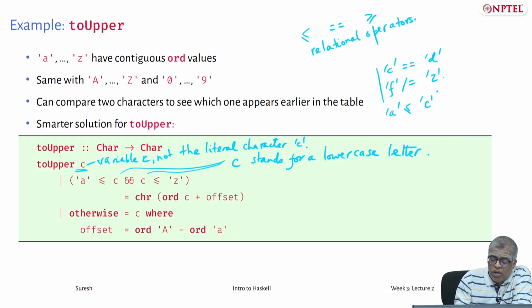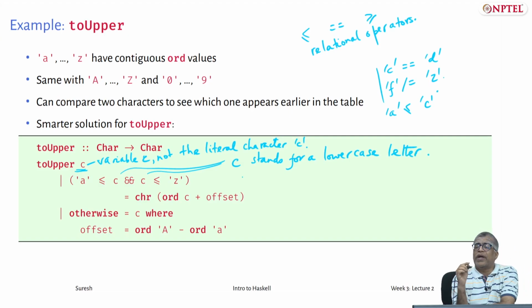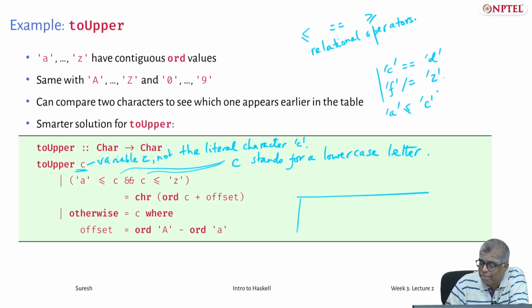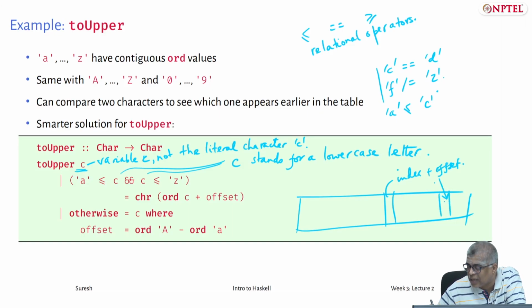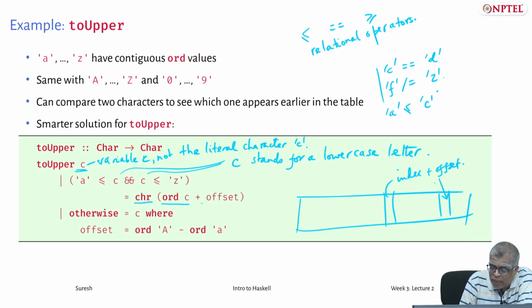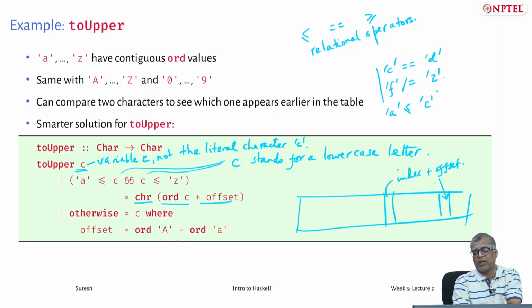In which case, what you do is you have to find a new character, right? What is the new character? You have to offset. So you have a table. From your character C, you get its index. Go to index plus offset. That will be somewhere here, and find out what that character is. And we know that there are two functions. ORD gives you the index of a character. CHR gives you the character corresponding to an index. So you do CHR of ORD C plus offset. Okay. This is what you do. What is offset? Offset is the order of capital A minus the order of small a.